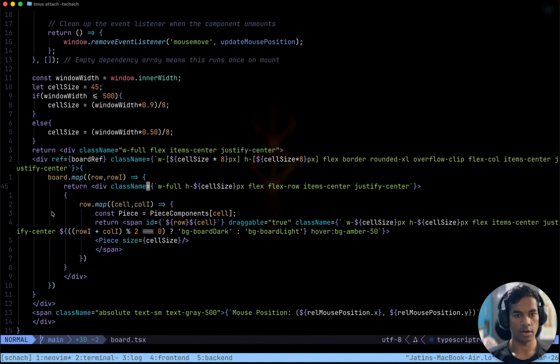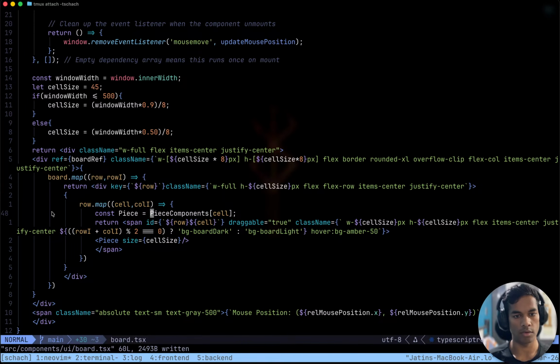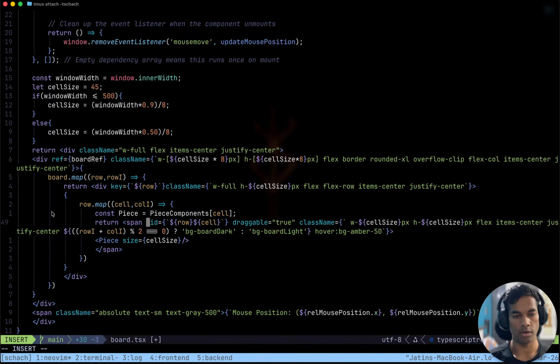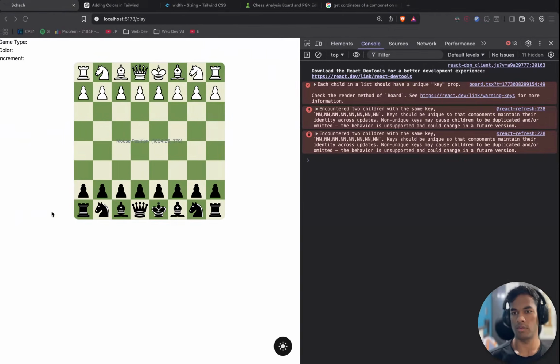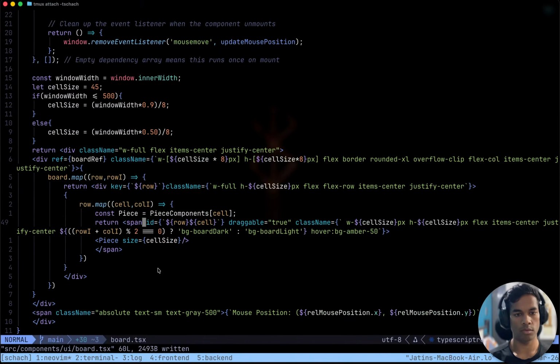This thing does have a unique key property, I guess. ID should be key equals row. That is cool, and here also we have to give key, I think. Yep, we do have to give key inside there also.